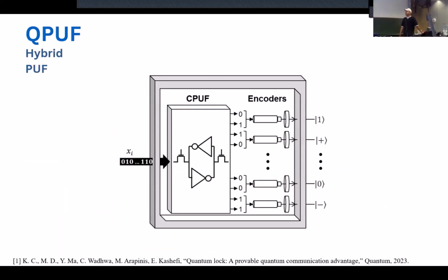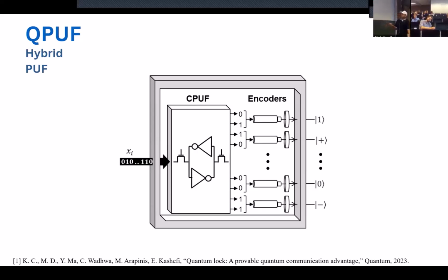Next, coming back to the QR PUF, because the QR PUF is the simplest structure, the latest paper that I have seen is the hybrid PUF, where they combine the classical PUF, where they give classical inputs, and there is some encoder that outputs the quantum state, for example BB84 states. And these are protected by the no-cloning theorem and the indistinguishability of these states. And they claim the security of the classical PUF using this quantum encoding.